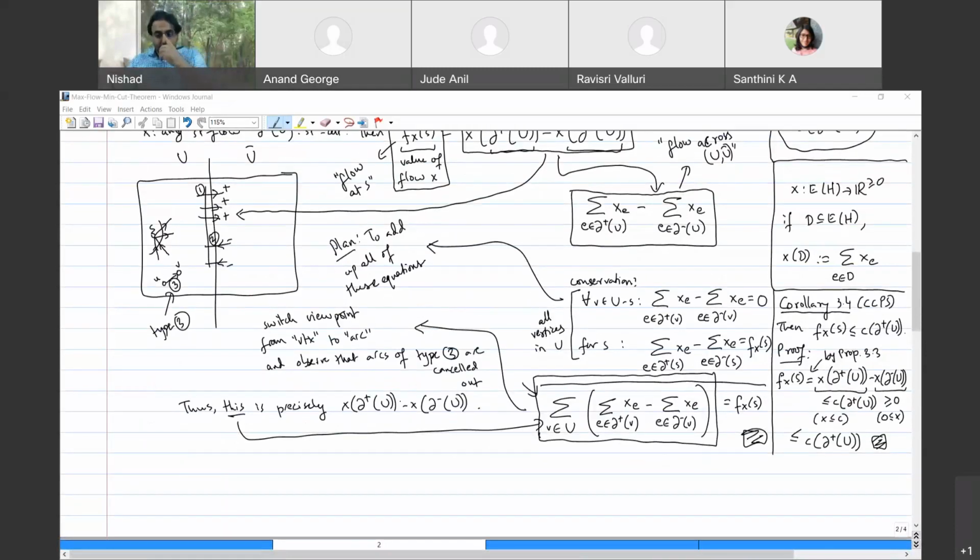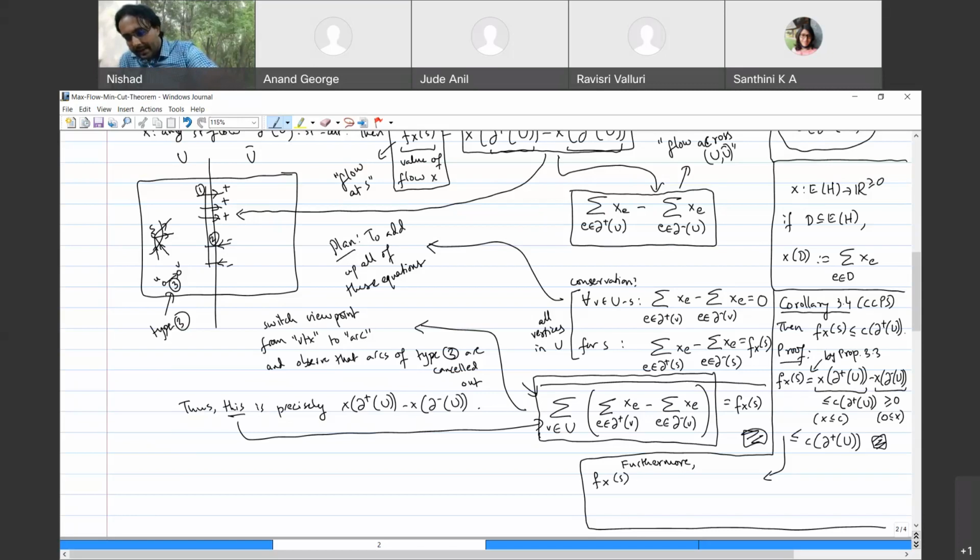So before we move on, I want to state a strengthening of corollary 3.4. The corollary is telling us that the flow is always less than or equal to the capacity. And what I want to state is when are they exactly equal? So observe that. I'll just add it to the statement. Furthermore,